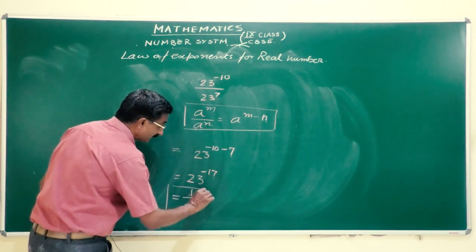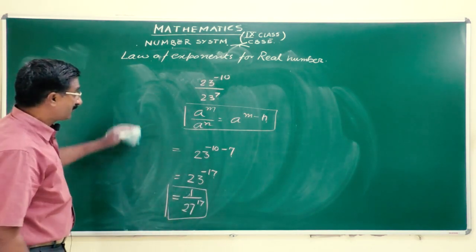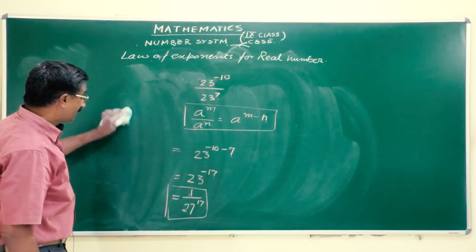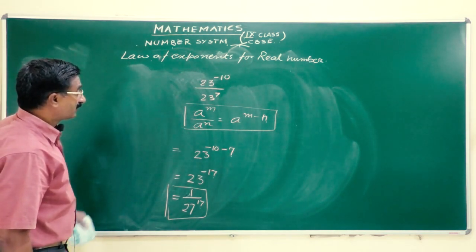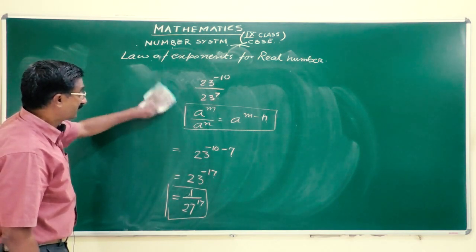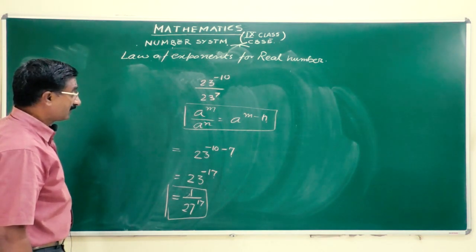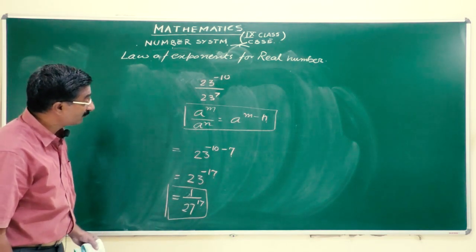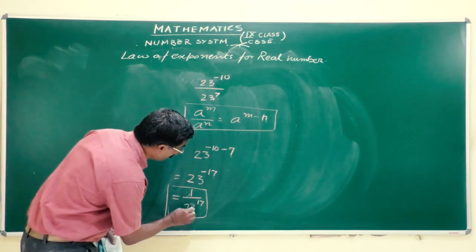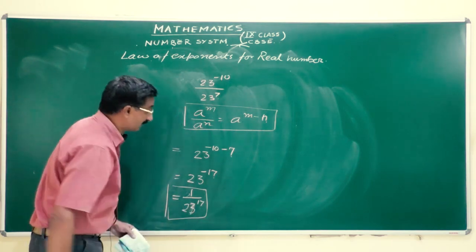Now I think all these things are based on basic mathematical concepts, that is plus minus, minus minus, addition of minus terms, addition of plus minus terms and all this. So the basic concepts, I think, are now clear to you. So this is 23 raised to the power 17.